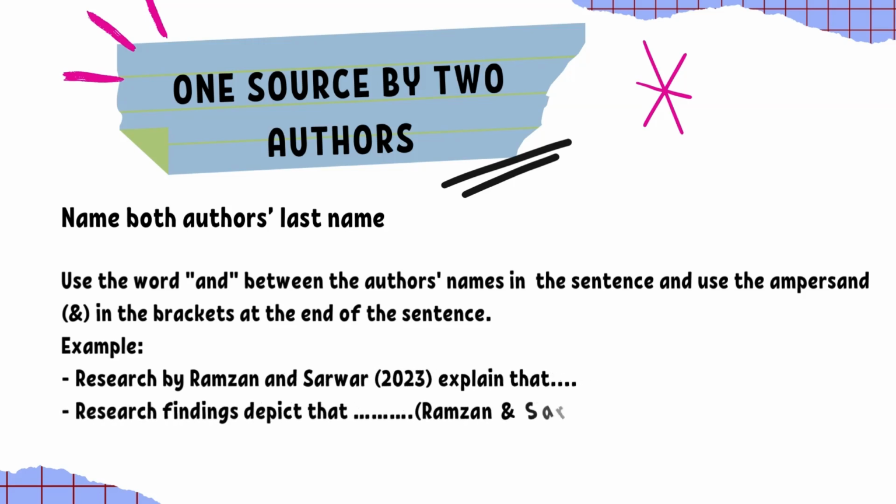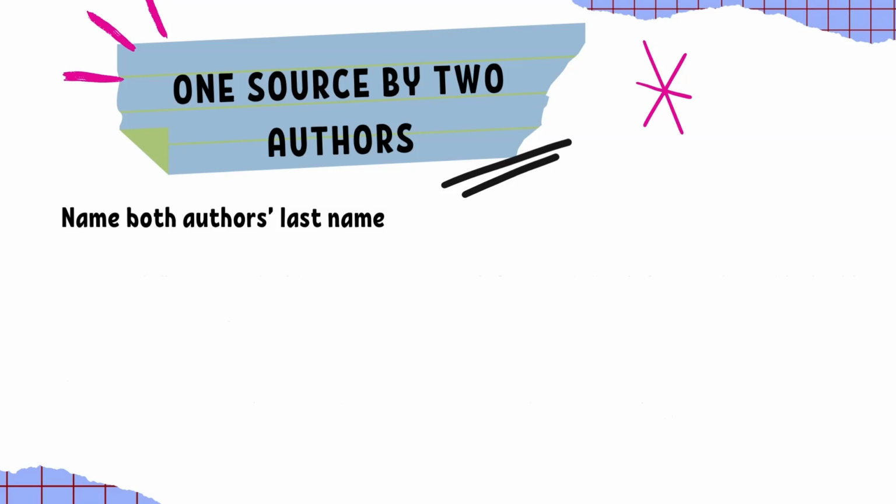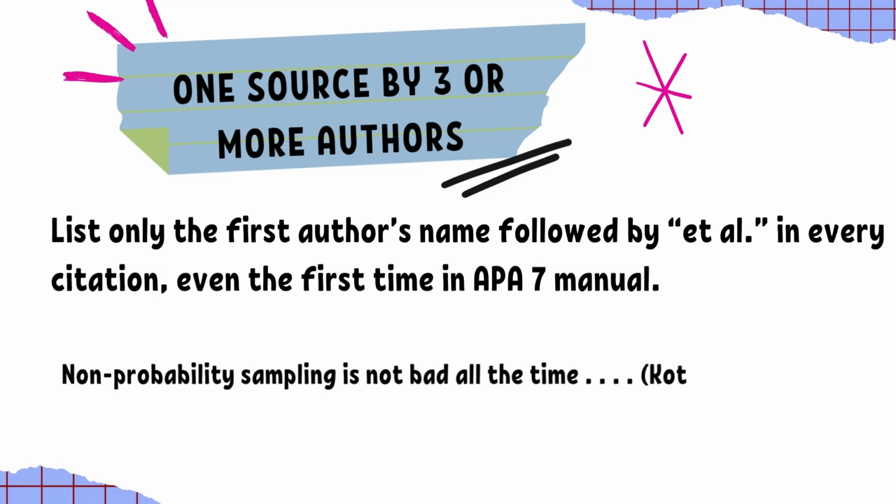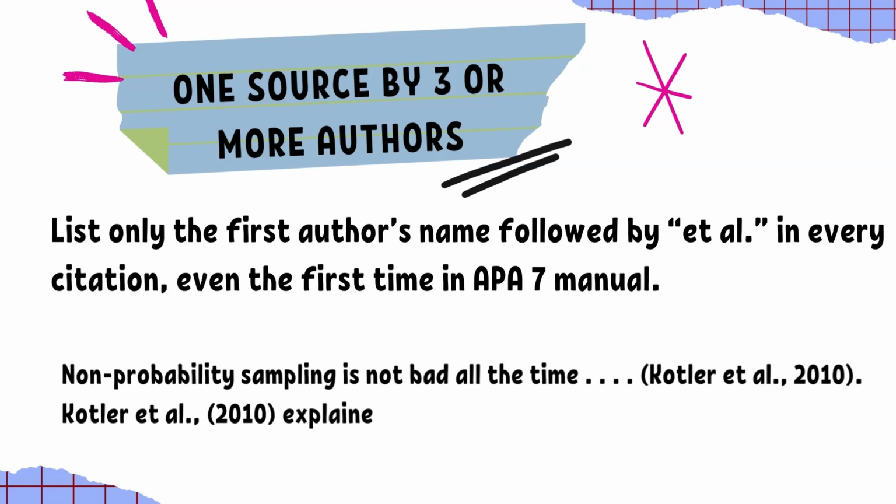And if there is one source and three or more authors, list only the first author's name followed by et al., comma, and the year in every citation, even the first time in the APA 7 manual, like that. While in APA manual 6 it is slightly different. If there are 3 to 5 authors, the first time you list all the authors' last names, and the second time whenever you cite that,